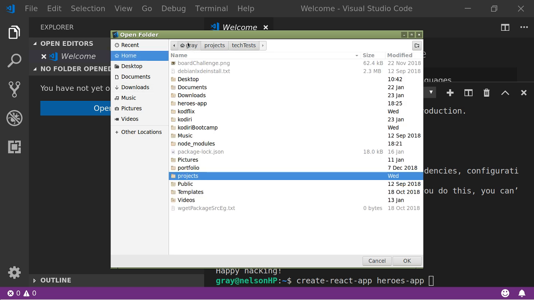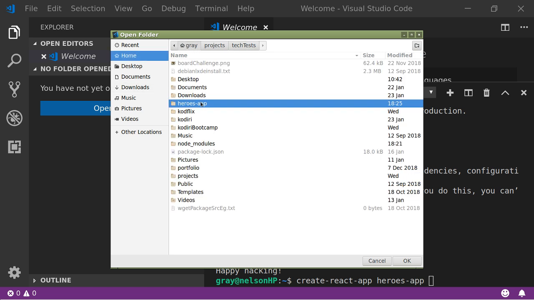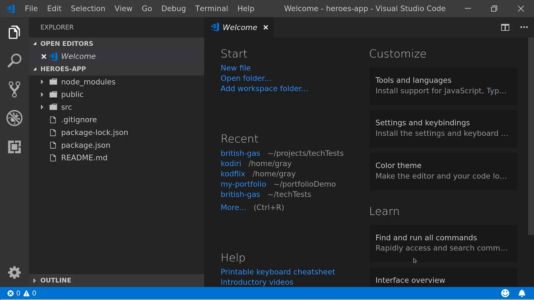So go to your user folder, and you should see there your Heroes app that's been created for you. So open that up. And you should see some folders and some files already created here for you. Yeah?